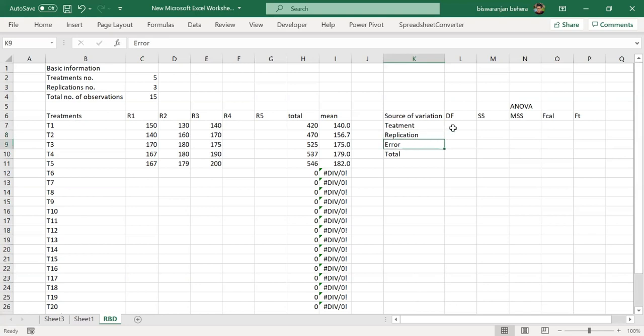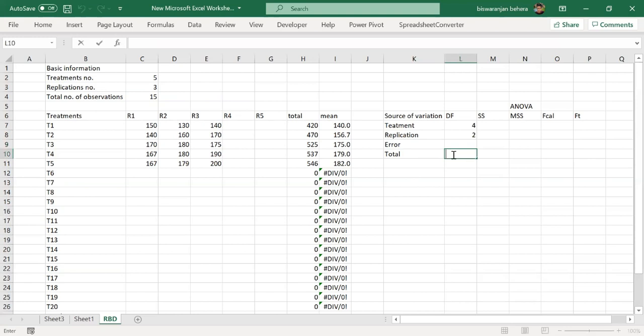Okay, so the next step is calculation of degree of freedom, and the formula is n minus 1. So for treatment, the formula is number of treatments minus 1. So give the equal to sign and select the treatment number and minus 1, so that is 4. And for replication, same way, give the equal to sign and select the number of replications minus 1.